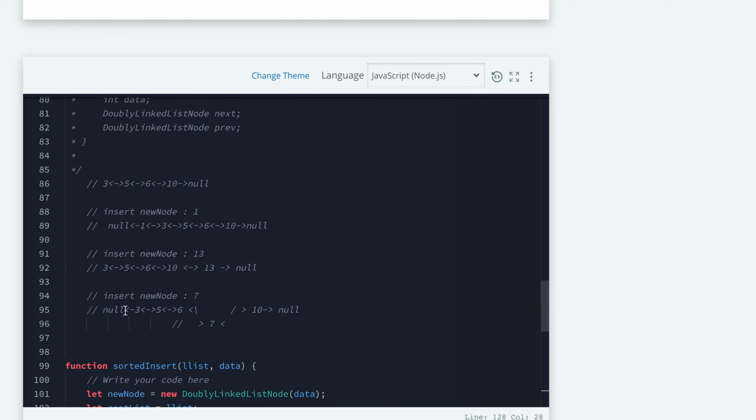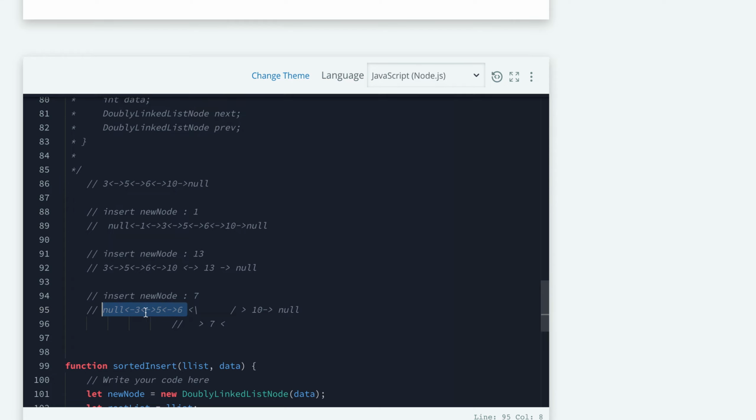Suppose we have to insert a node whose value is 7. Among 3, 5, 6, 10, the value will lie between 6 and 10. So we have to establish one relation: suppose this is our current linked list, then linked list dot next will be our new node, and new node dot previous will be our current linked list.